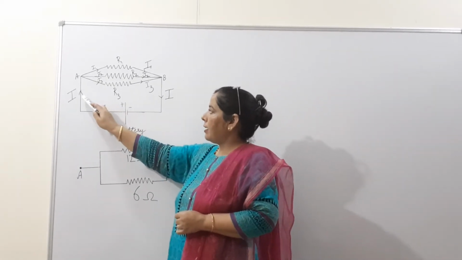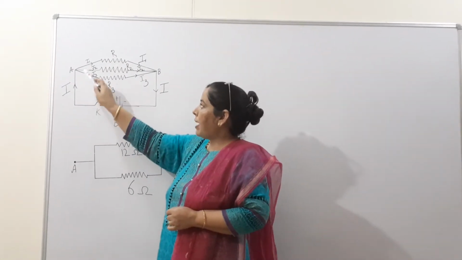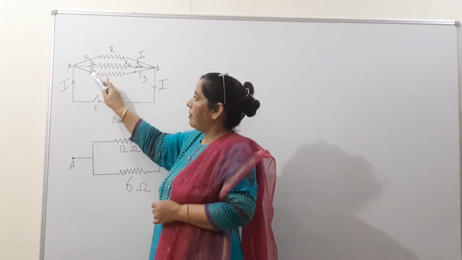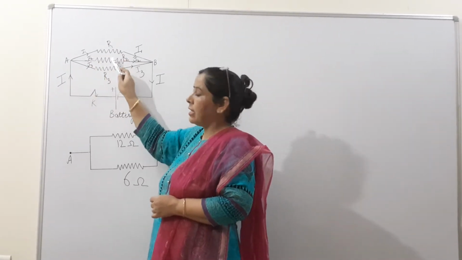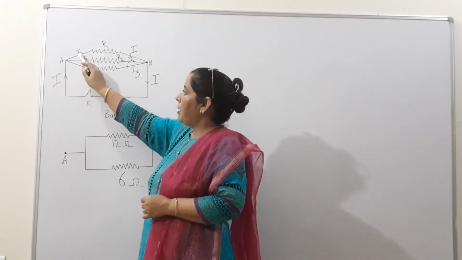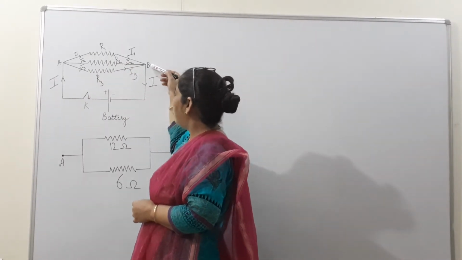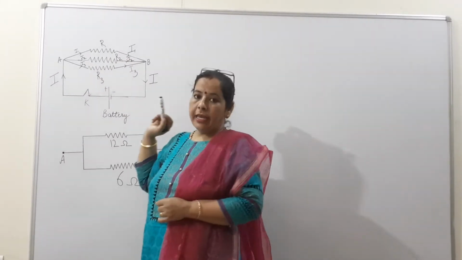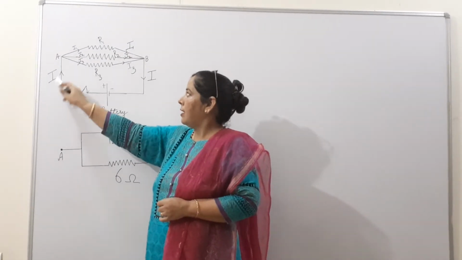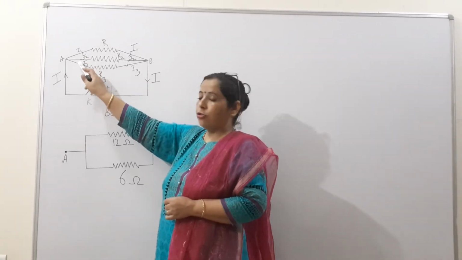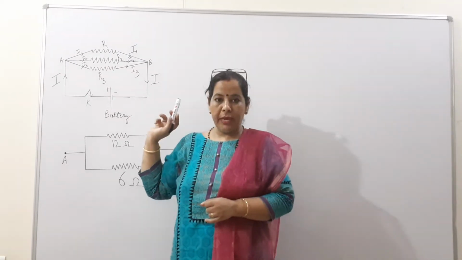Now you see, beta, in this the current is changing. When the current enters at point A, it will divide itself into three parts, because here three resistors are there. Then when it comes out from point B, the current will again be the same. Suppose here 5 ampere is there, here is 1, here is 2, here is also 2. When you add all these values, the current will remain the same.